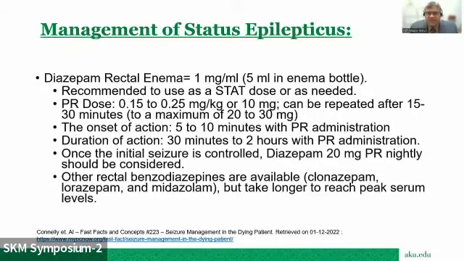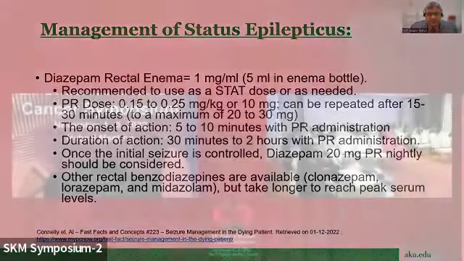It's usually given as a stat dose or on an as-needed basis. The recommended guidelines say that about 10 milligrams of a rectal enema should be given, and it can be repeated every 15 to 30 minutes to a maximum of 20 to 30 milligrams. The onset of action is between 5 to 10 minutes, and the duration of action is usually between 30 minutes to 2 hours after rectal administration. Once the initial seizure is controlled, it's recommended that a regular diazepam 20 milligram enema is given on a